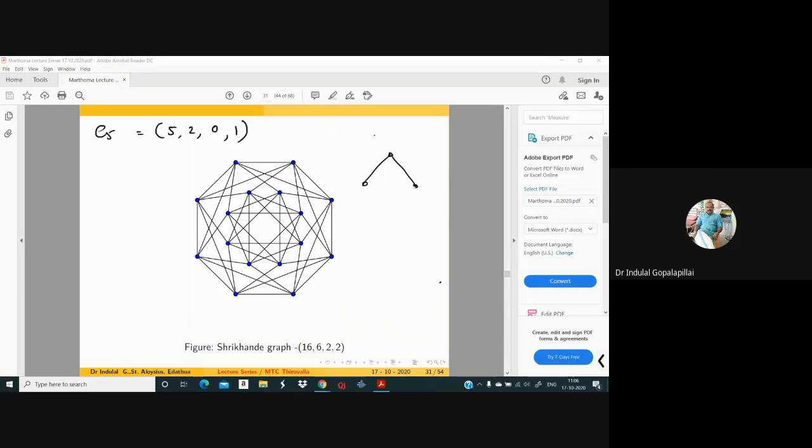This is C5. You can see that adjacent vertices do not have a common neighbor because there are no triangles, and the non-adjacent vertices have exactly one common neighbor. So this is a strongly regular graph, and the Petersen graph is also strongly regular, and so on. So the computation of the spectrum of a strongly regular graph can also be made without expanding the adjacency matrix, solving the characteristic polynomial, and so on.